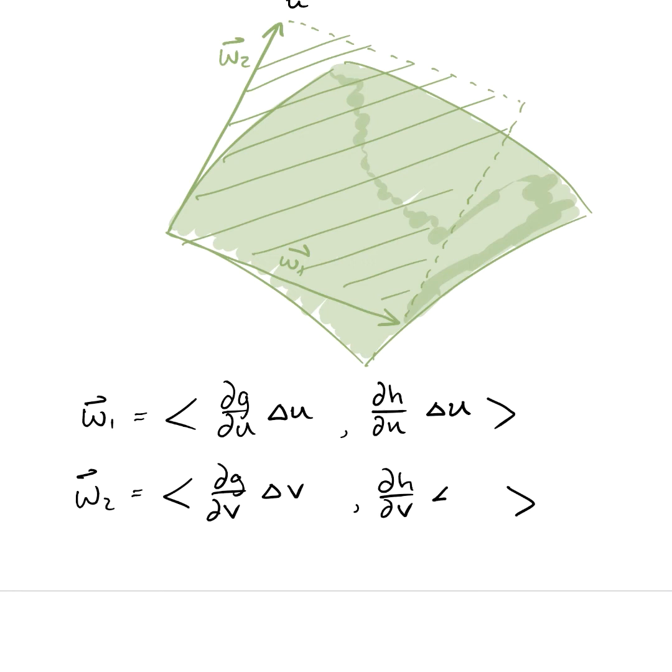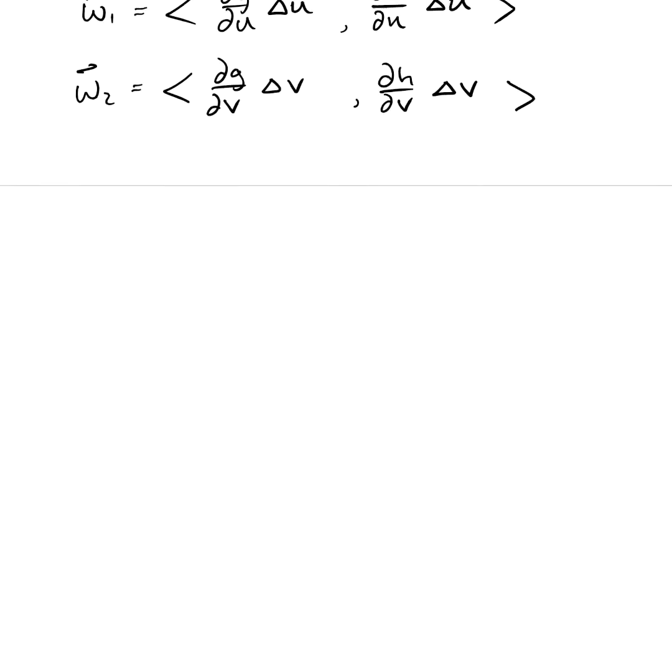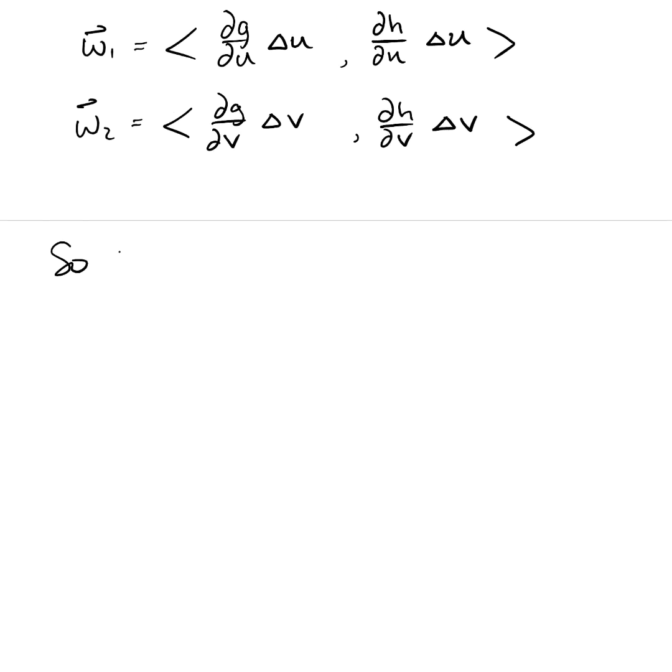Here's what's weird though. We said we wanted to cross them in order to get the area of that parallelogram. Well, this makes no sense as written. You don't cross 2D vectors. You only cross 3D vectors. Okay, well, these vectors are laying flat in the xy plane, so let's just call their third coordinate 0. So we're going to cross them. So the area of the parallelogram